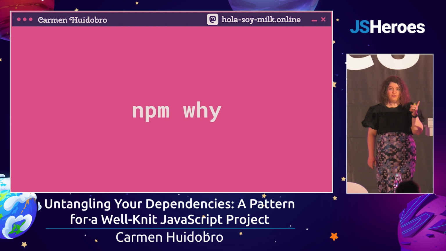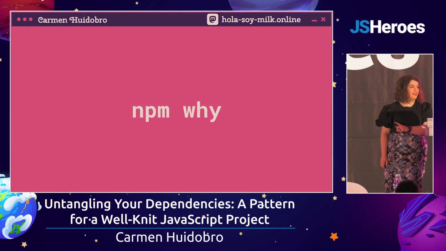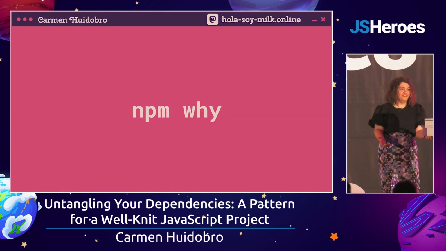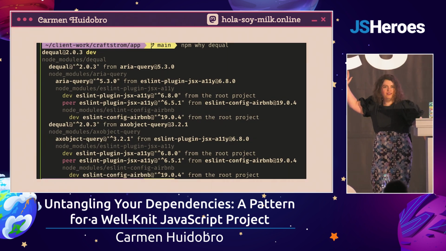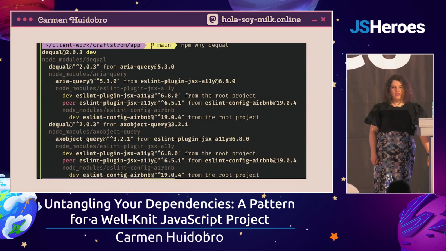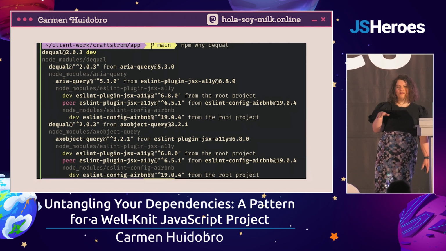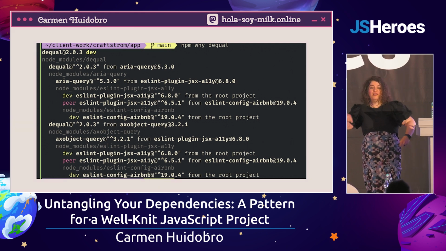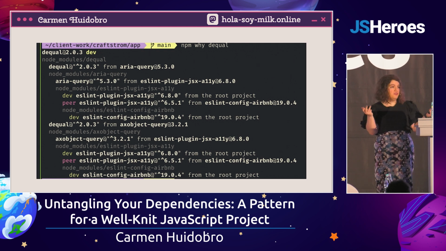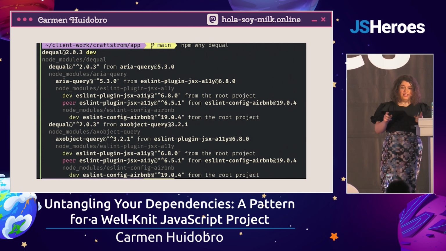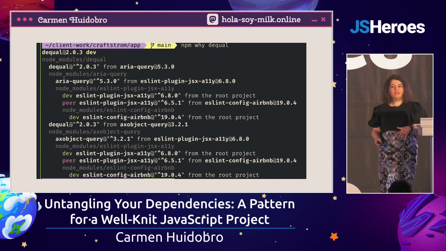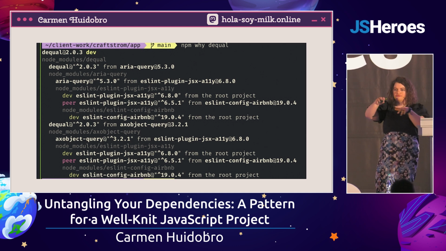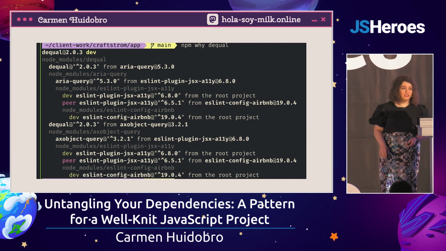For example, have y'all used npm-y before? It's so cool. You could just be like, hey, why is this package in my node modules? And it'll just tell you, oh, I don't know if it's pronounced dequal or dequal, but I'm going to go with dequal because it sounds kind of cool. And it just tells you, oh, actually, it comes from here, that comes from here, that comes from here. And if there's multiple versions of it, same thing. And I think that's super cool. It even tells you when it's been deduplicated. So in case multiple packages require multiple versions of multiple packages, it's just condensing them. Y'all, the work that goes into this is wild.